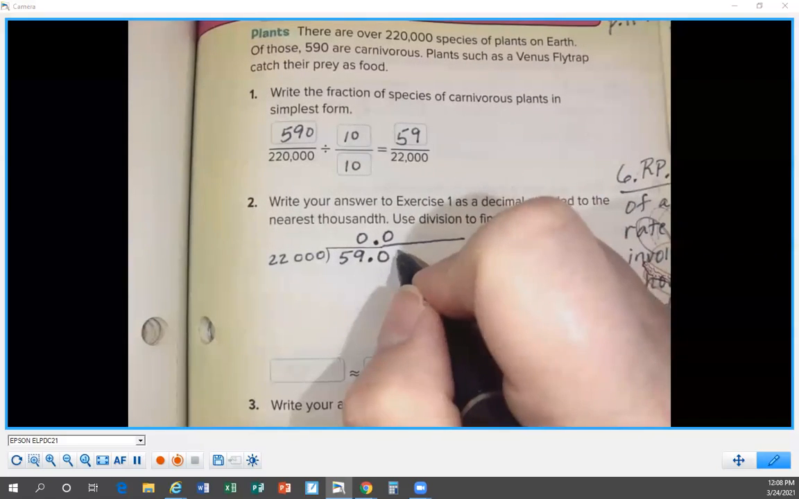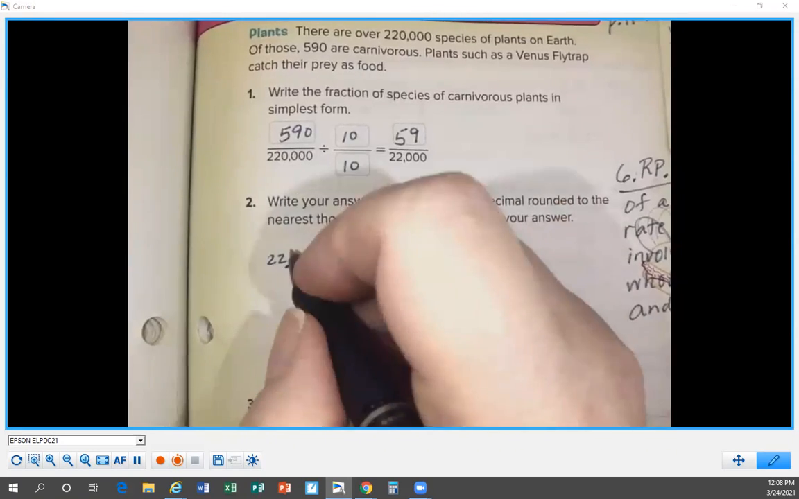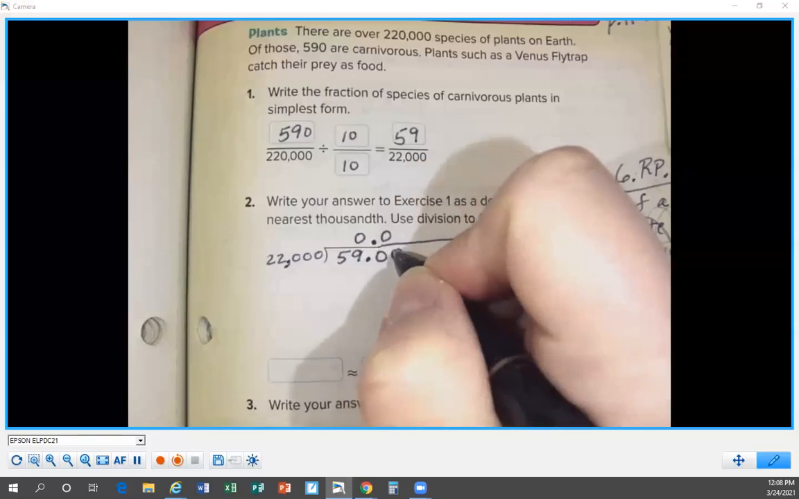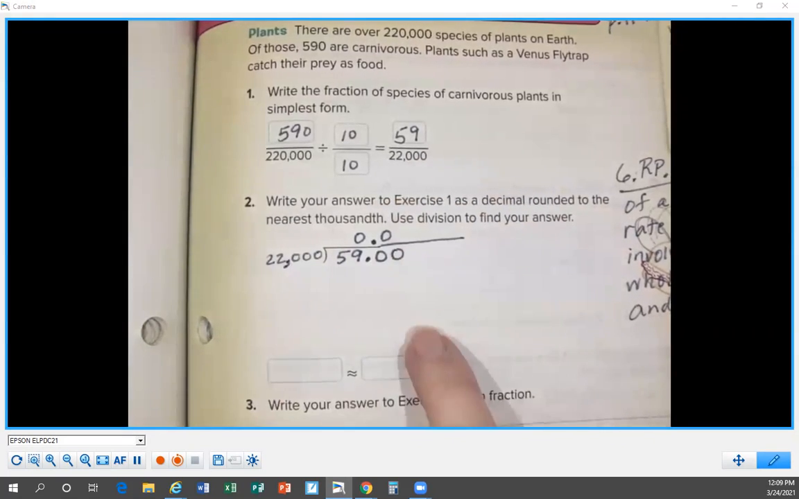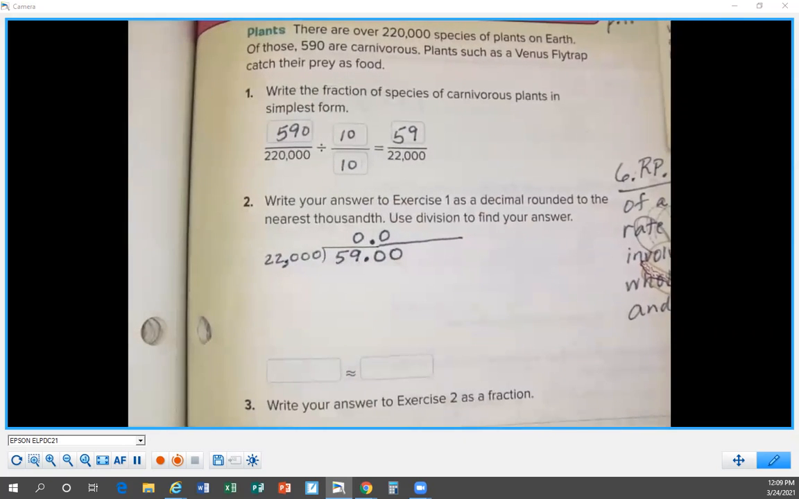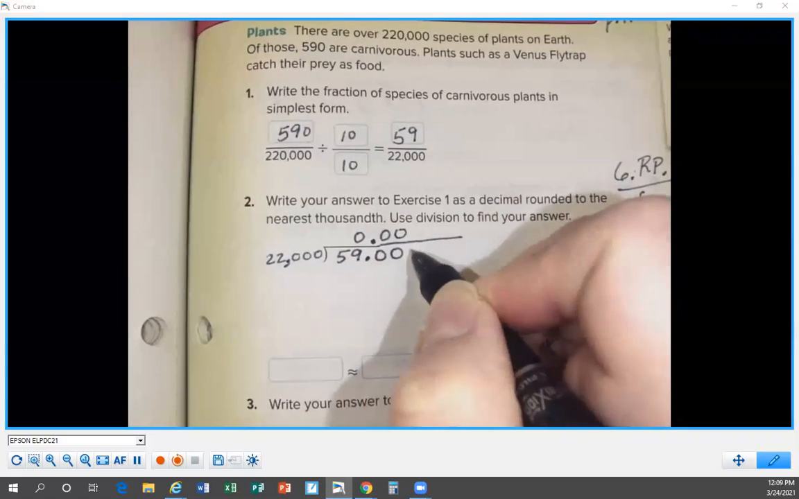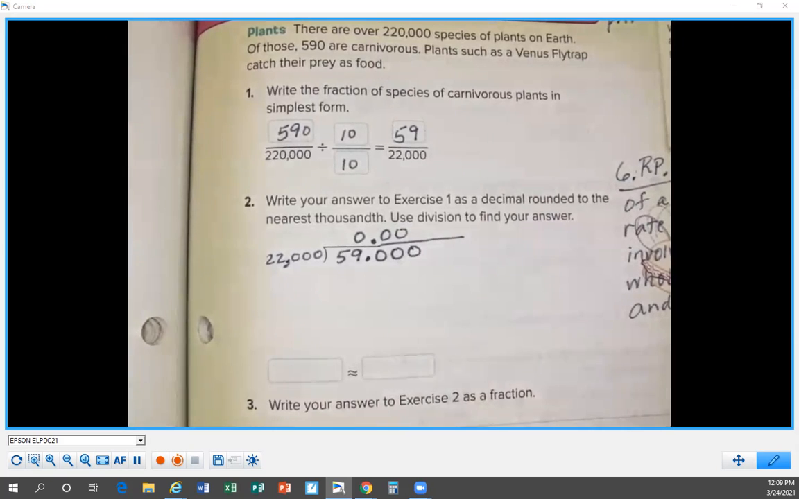We're getting closer. Does 22,000 go into 5,900? Ignore this decimal. Would 22,000 go into 5,900? No, too small. 22,000 is too big. We have a 0 here, annex another 0. Does 22,000 go into 59,000? Yes, finally. It can go in twice